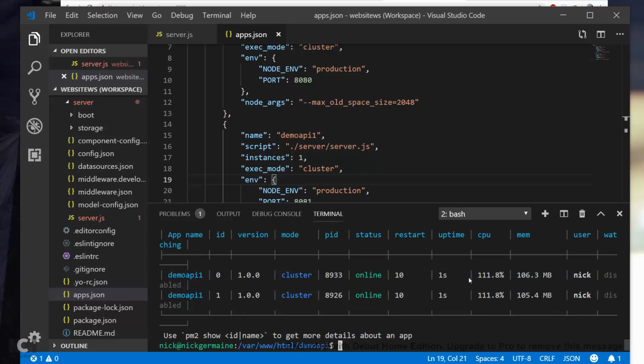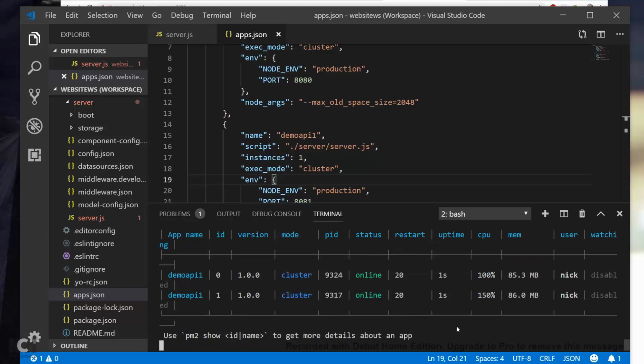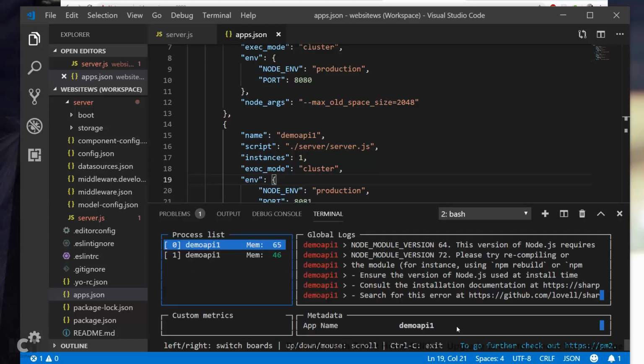So we can see they're both in the process of starting up, and during that startup they're looking through the database and trying to find if roles exist and stuff. That should flatline here pretty soon, the CPU specifically. So let's run pm2 monit. Oh, okay, so that's actually failing. Okay. Module version